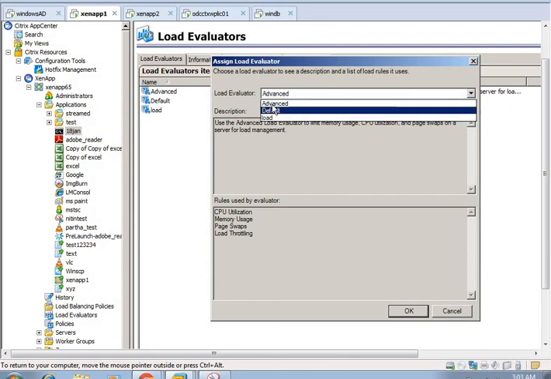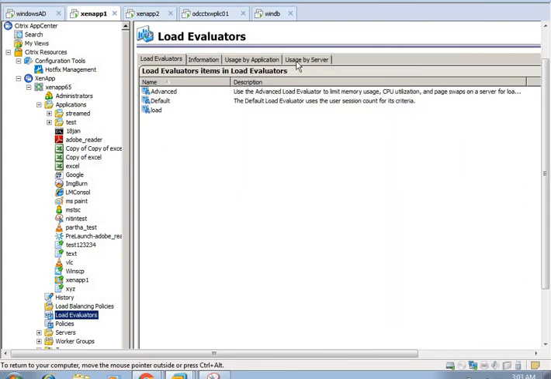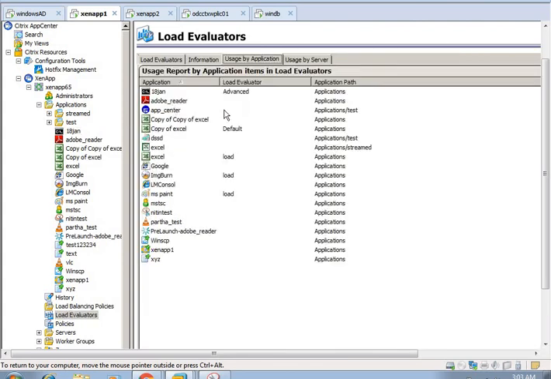Here we need to check the name of the load evaluator and click OK. In the applications, it will apply. For servers, we can apply through the policies tab. I will tell you about that later.